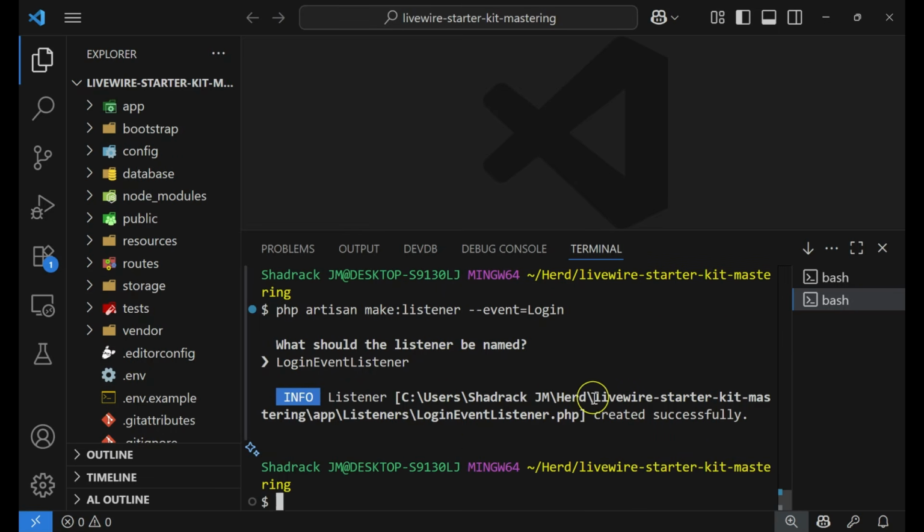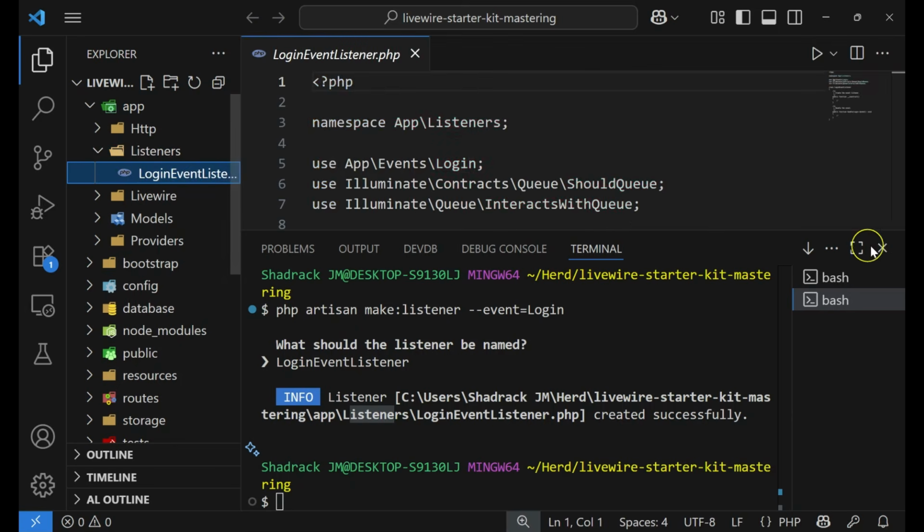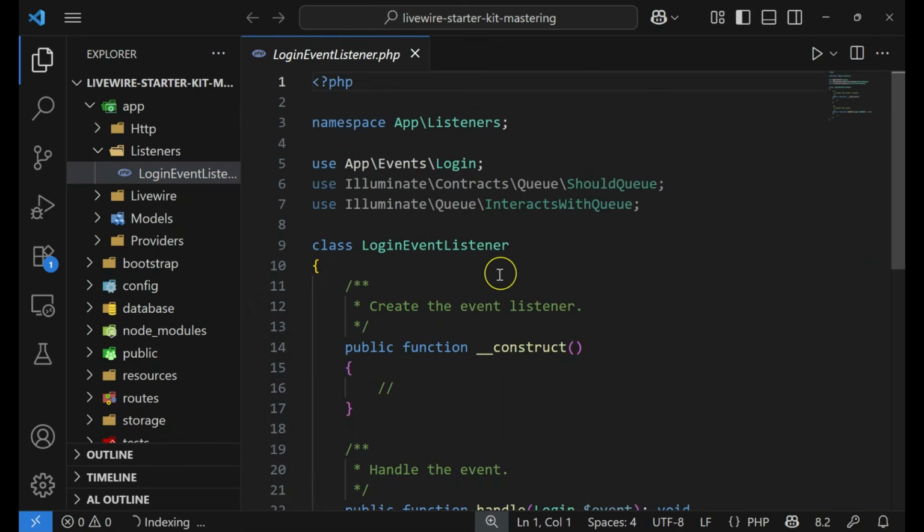Alright, so you can see this is our new event that has been created. It will be in app listeners, then LoginEventListener.php. Here you will see this directory was not found here before. So when you just run this command, this directory will be created automatically. And now this is our newly created